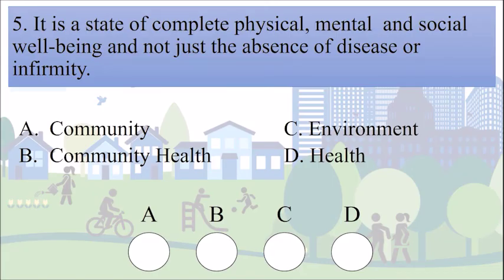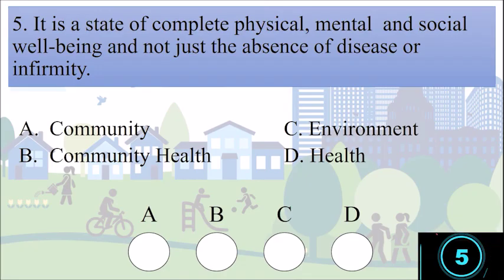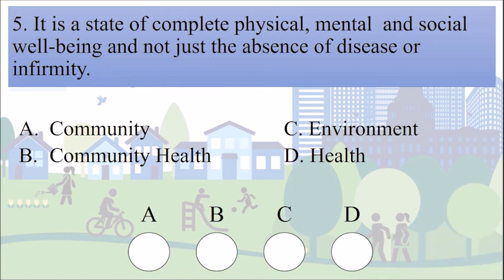Number 5. It is a state of complete physical, mental, and social well-being, and not just the absence of disease or infirmity. A. Community. B. Community health. C. Environment. And D. Health. The correct answer is